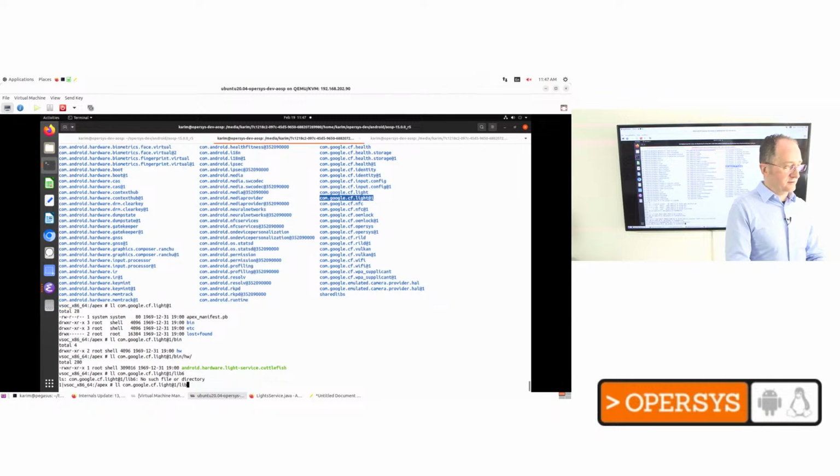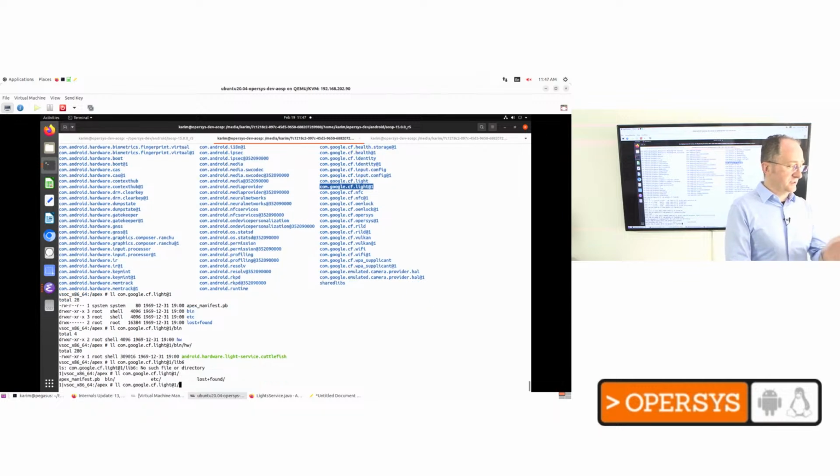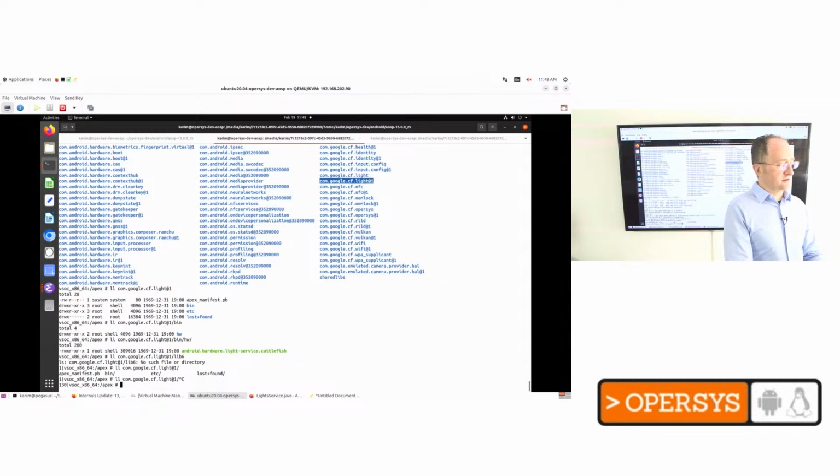oh, come on, they don't have anything for light. Yeah, so no libraries in this case for Cuttlefish. Boohoo. But by the way, if you just do something like